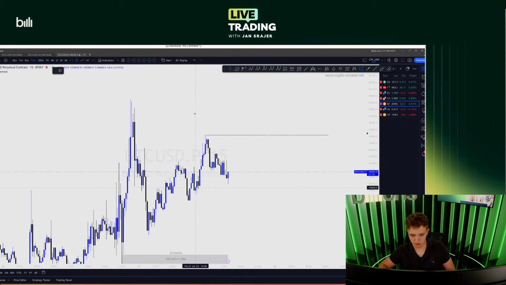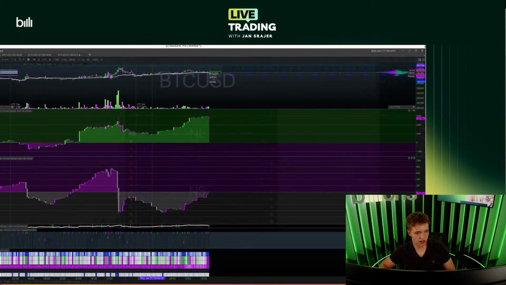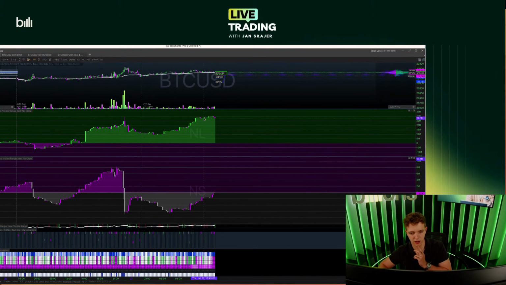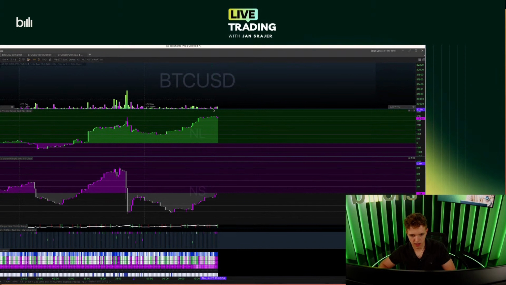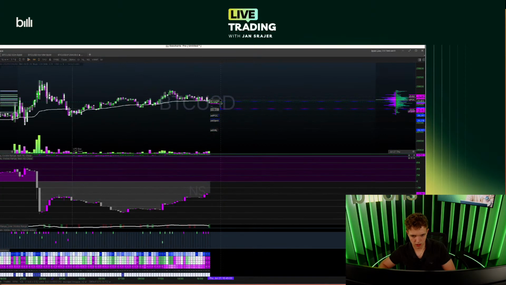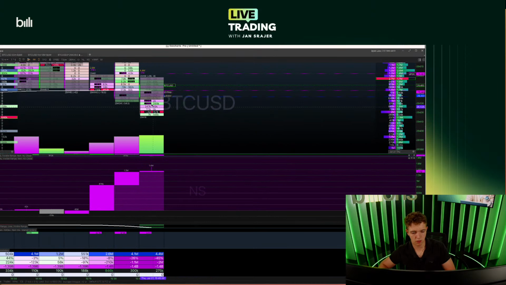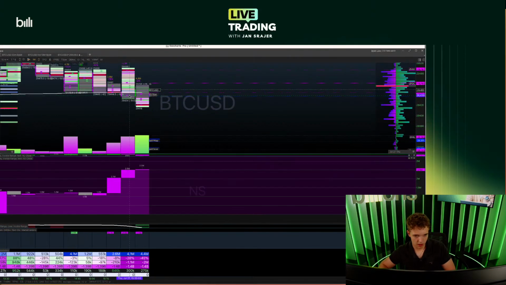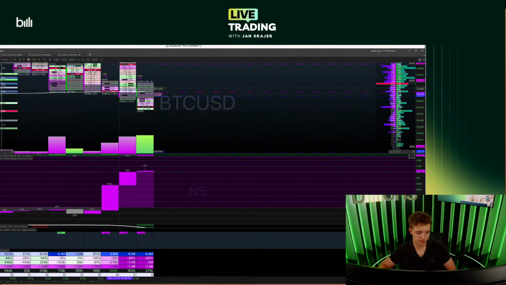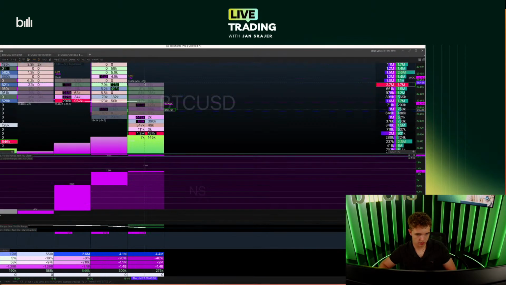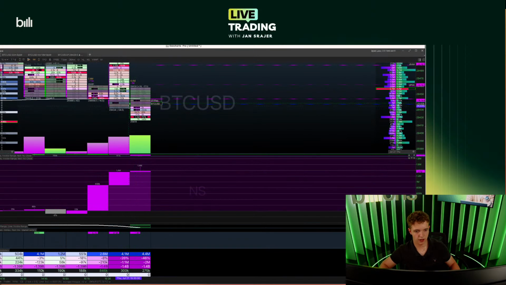Just checking this trade value area inside this candle. There might be a potential trade on this demand, but is it the best one in the world? Absolutely not. Let's zoom in and see how it goes from here. Okay, there is a trade value area. We got quite a few new shorts stepping in. Open interest going down. Let's see if we can close this candle within the trade value area. If we can, then it would be amazing.